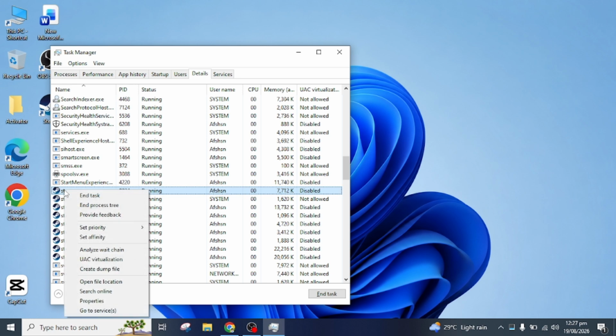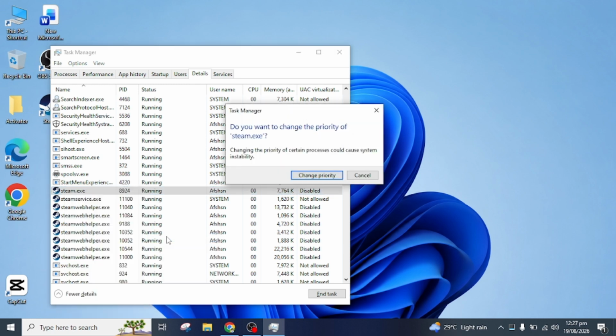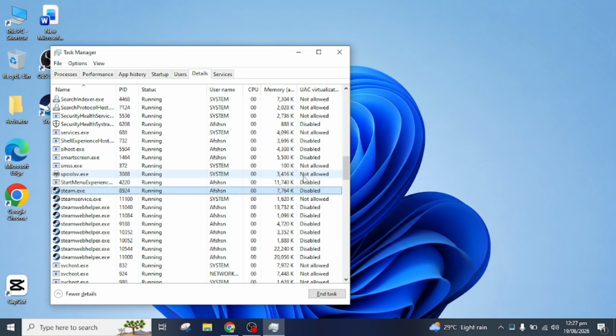Right-click on steam.exe and hover over Set Priority. From the menu, select High. If Windows asks you to confirm the priority change, click Change Priority. This can give Steam more CPU priority while it is running, although it may not directly increase your internet connection